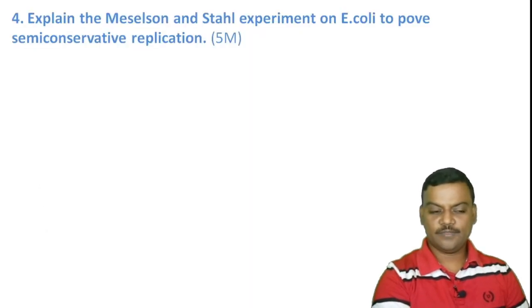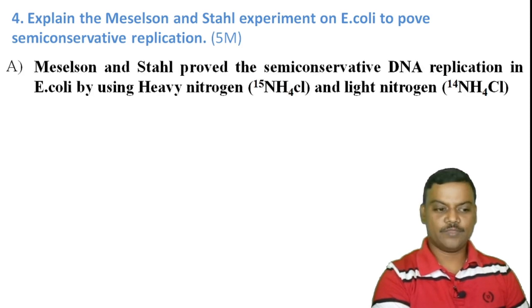Next question is: explain the Meselson and Stahl experiment on E. coli to prove semi-conservative DNA replication. It is for 5 marks. In this question, it carries valid points with a diagram. The valid points are: Meselson and Stahl proved semi-conservative DNA replication in Escherichia coli by using heavy